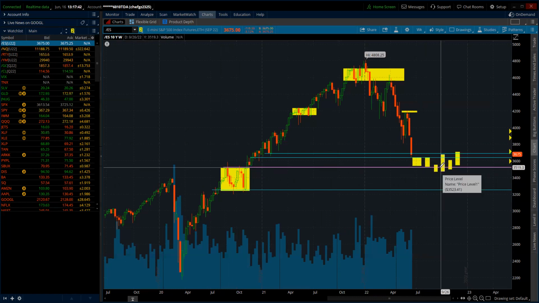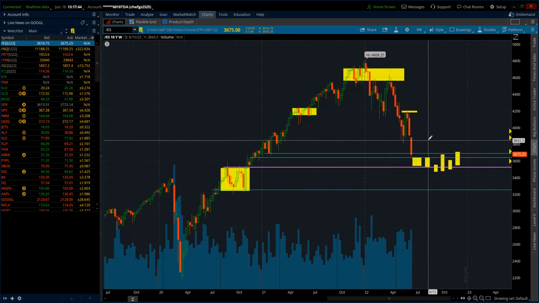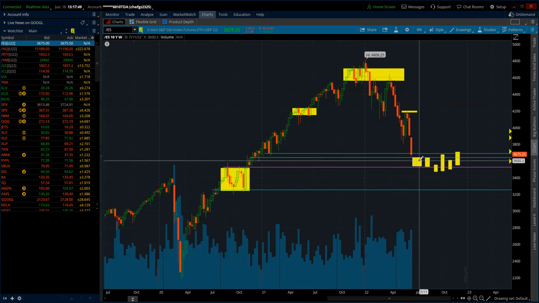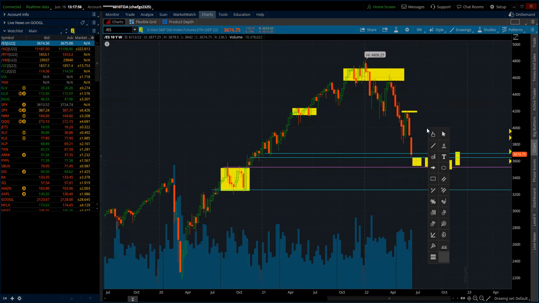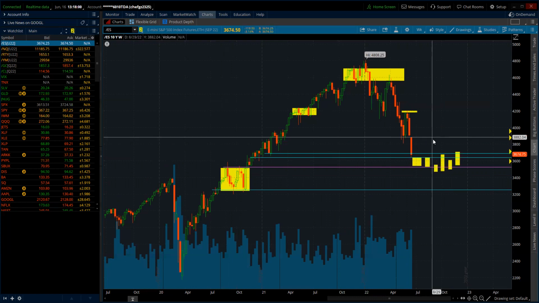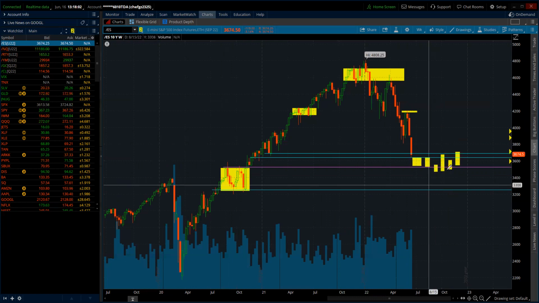But you can't keep on dropping if you don't have a proper base. I'm not saying that we can't overnight, because this market does whatever it wants, but definitely look for some slowdown anywhere in these areas right here. It looks like a long shot, guys, but we've been dropping and trading within like 100-point ranges, so nothing is impossible, right? So look for these levels here.